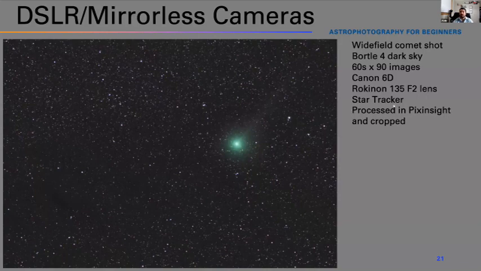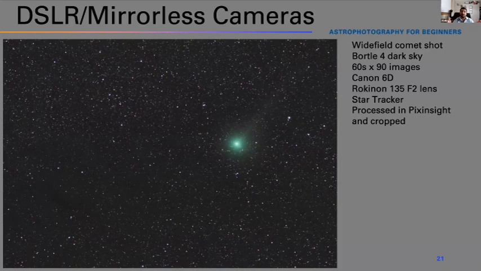I used a star tracker, and this was later processed in PixInsight and cropped. I can't remember which comet it was. It might have been Comet Lemon, but I've imaged quite a few so far, so I lose track of them. But it turned out quite well for just a Canon 6D and a Rokinon 135mm lens.